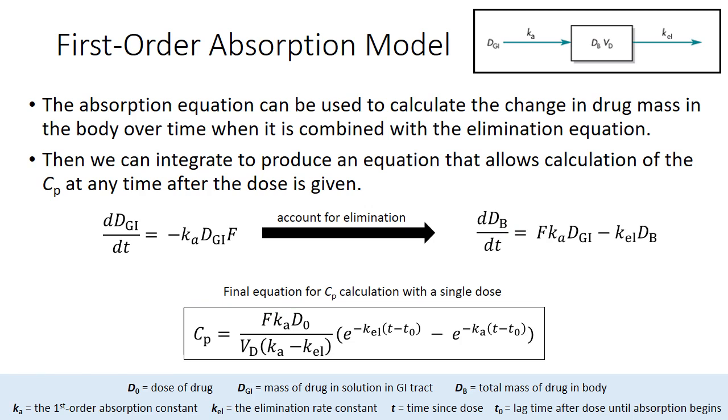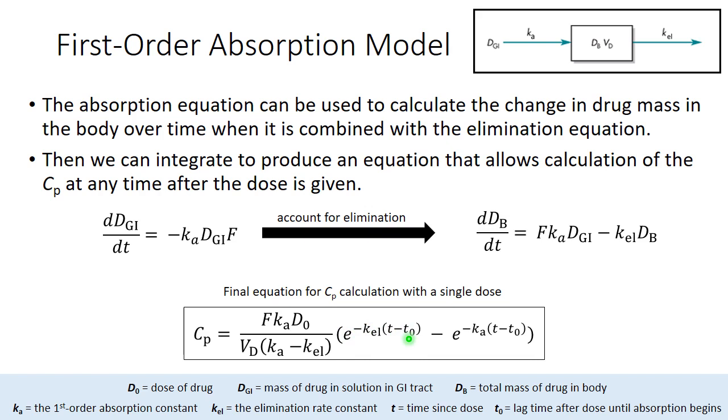The final calculation would be plasma concentration equals fraction absorbed times absorption rate constant times drug dose, that's D0, down here, over volume of distribution times the quantity Ka minus Kel, times the quantity e to the minus Kel times the quantity of time minus t0, and all that means is,